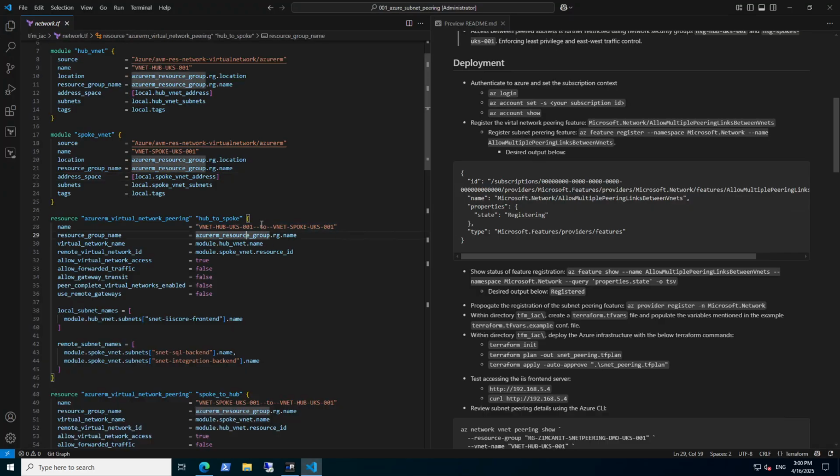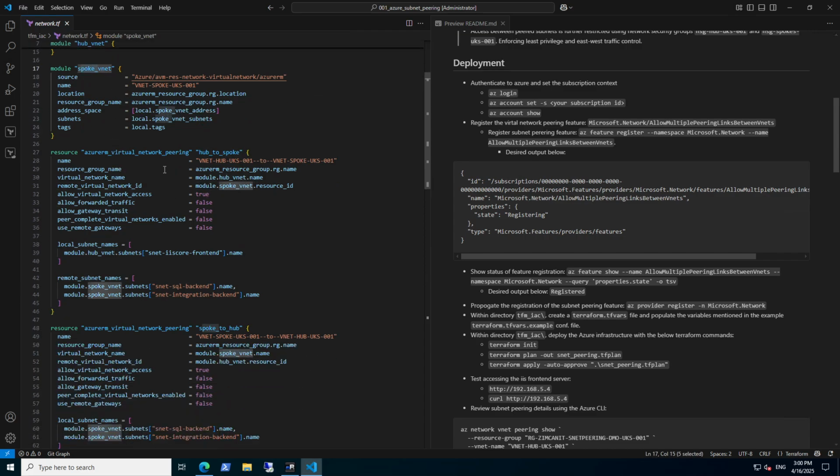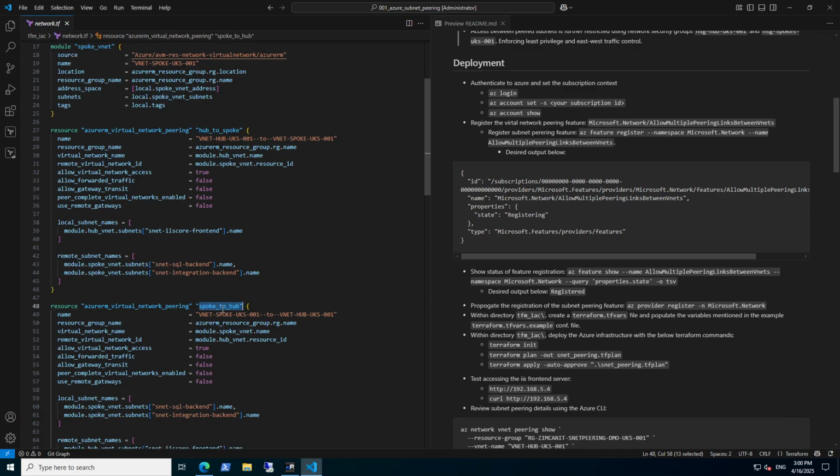As always, the Git repo will be made accessible. Now, obviously, the deployment steps are to the right-hand side, but if we look at the code itself, especially the network configuration, we have our hub virtual network, our spoke virtual network, and then we define our peering. So from the hub to spoke and then spoke to hub. The core attributes to pay attention to here are the definitions of feature sets that are typically modified for the